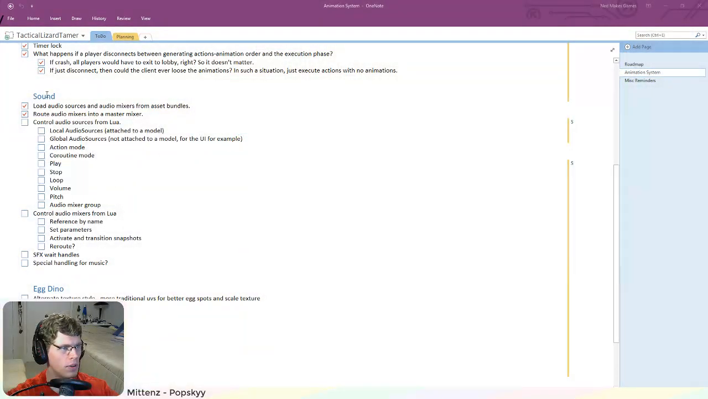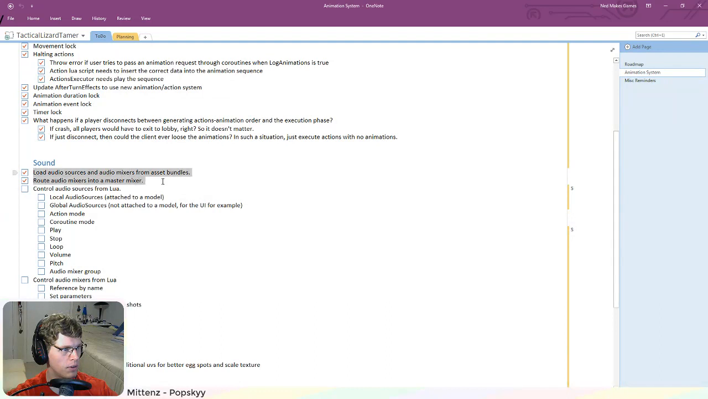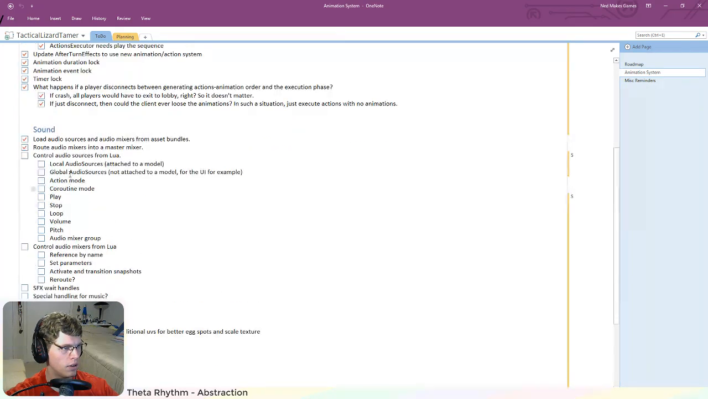Okay, so I'm going to continue with the sound system tonight. As we can see here, we started a bit on it yesterday, where we did successfully get audio sources and audio mixers to load from asset bundles, and we set up all the routing between the different mixers, so that's all taken care of. Now I want to do the fun part where we actually try to tie sound into the game through Lua scripts, and also we're going to have to do all the